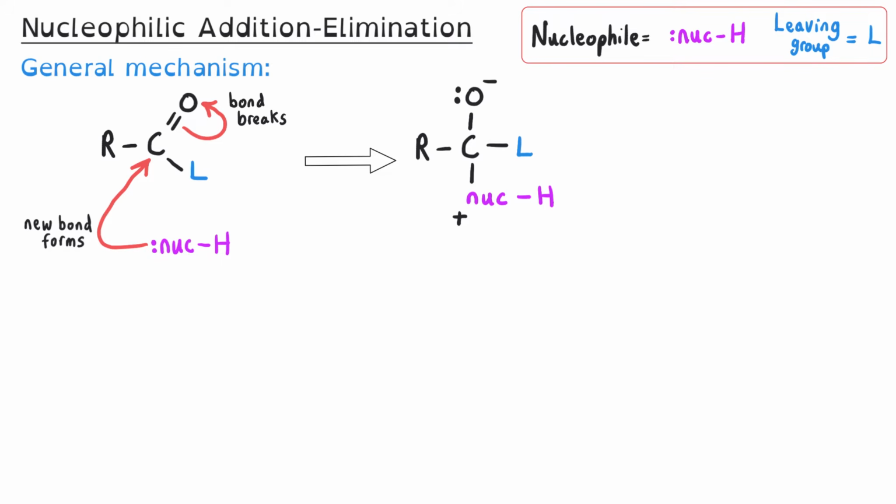In addition to this, the nucleophile has donated its lone pair of electrons to the carbonyl carbon, and so now it will carry a positive charge, and we need to show that on the nucleophile. And so what we've got is our tetrahedral intermediate, which we do show as being planar, being flat, just because it's easier to draw this way, but it is tetrahedral, and we've got a positive charge and a negative charge